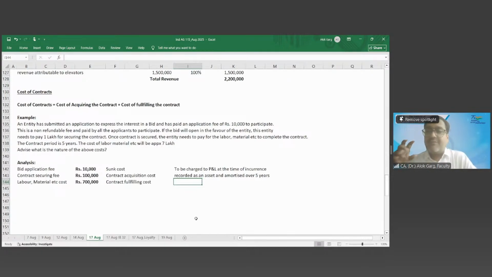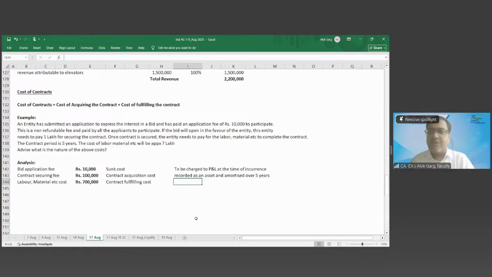So what is the nature of these kinds of cost when I'm creating a tangible asset? Sir, it will be capitalized as PP&E, property, plant and equipment. Or let's say I have purchased a software to provide the services to my customer to fulfill the contract. What is the nature of this software? Intangible asset, right? So if you are incurring a cost for the fulfillment of a contract and that cost results in an asset,